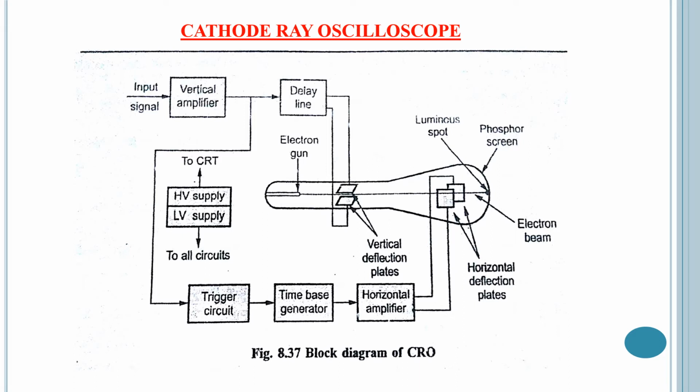So now we shall see the various parts of an oscilloscope. The cathode ray oscilloscope consists of a cathode ray tube, which is the heart of the oscilloscope, and some additional circuitry to operate the CRT. The main parts of a CRT are: the first one is the glass envelope, the second one is the electron gun assembly, the third one is the deflection plate assembly, and the fourth and last one is the screen. All these parts you can see in the diagram. So we shall go through the working one by one. The first one is the glass envelope.